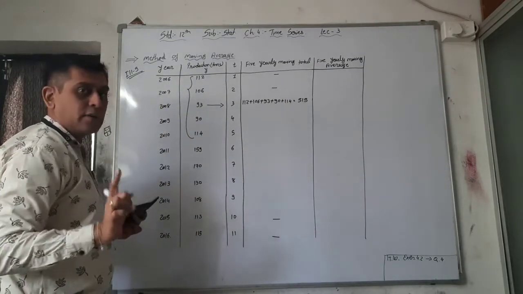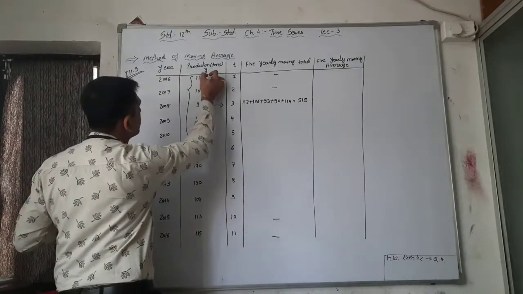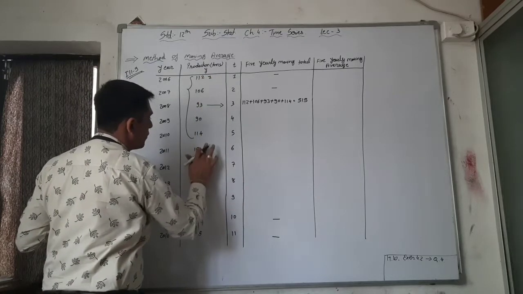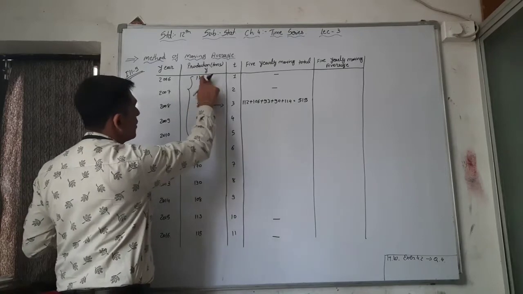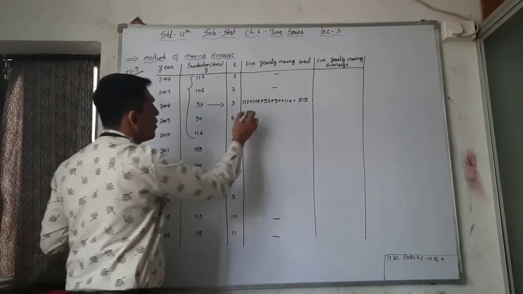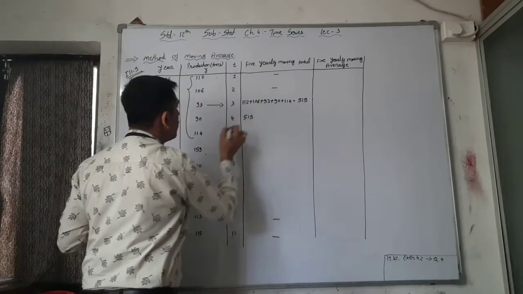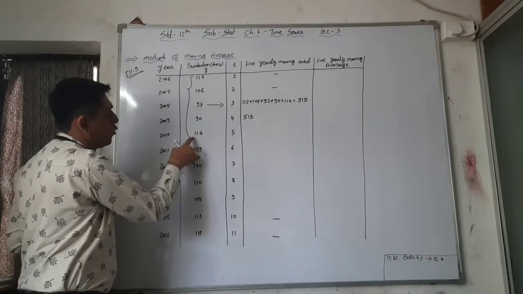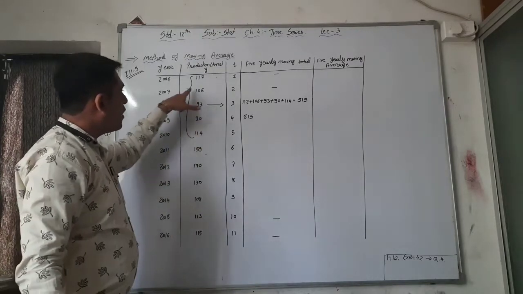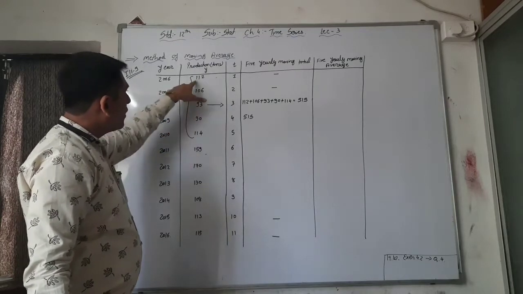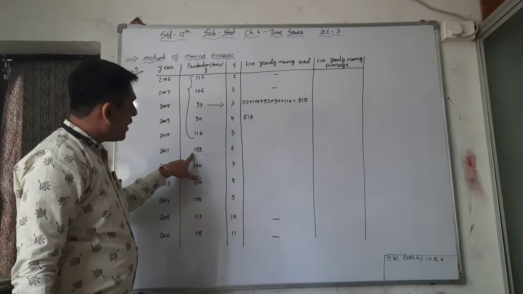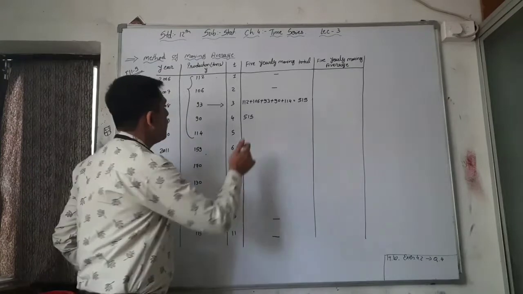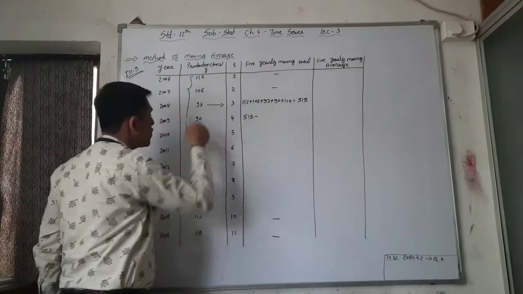Now again the same method, that is we have to subtract the first one, and we have to add the sixth one. See here, we have to subtract this and add this from the total of 515 to make the average of these: first, second, third, fourth and fifth. Now we have to write down the total of these 5. We are subtracting this one and adding this one to the 5 year moving total, and we get the 5 year moving total of the next 5 years.